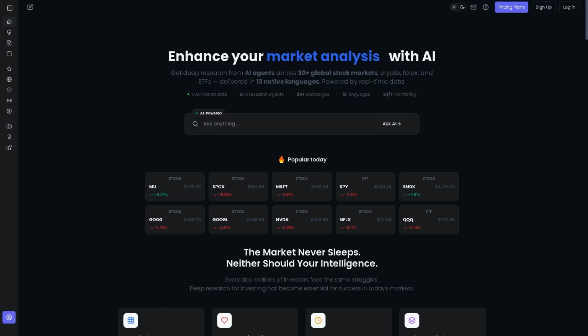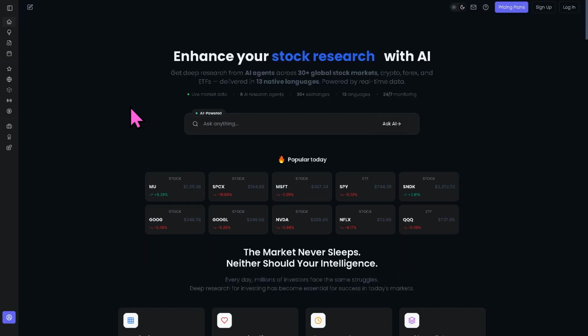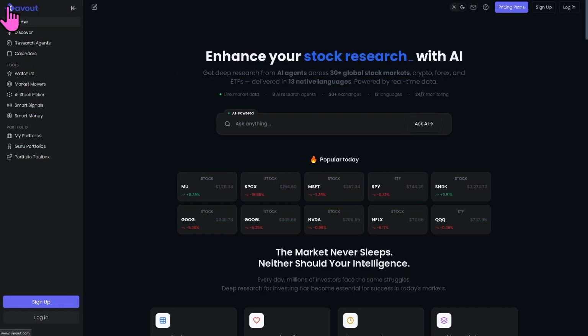Now, once you go to the official website, which is www.kavout.com, the first thing you will notice is the navigation sidebar on the left-hand side. If you click on it, this will collapse and you will find all of the platform's major features and research tools. Under the sidebar menu, you will see sections including the home, discover, research agents, calendars, tools, watch list, market movers, AI stock picker, smart signals, smart money, and then for the portfolio, you have the My Portfolios, Guru Portfolios,